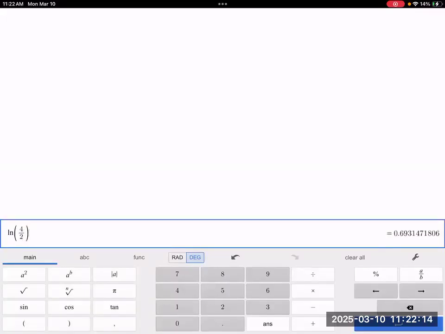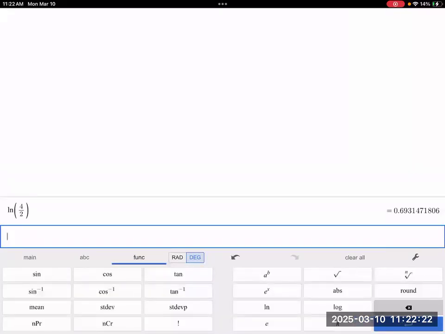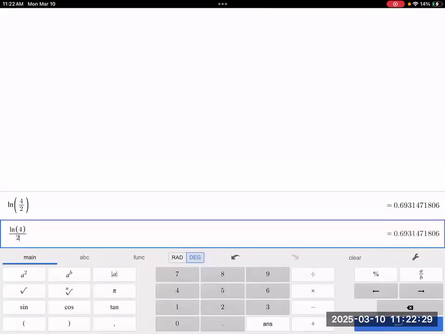Right, we get 0.693, right? So this is just ln of 2. Now, if we also did it the other way, the correct way, we said ln of 4 divided by 2 here. You'll notice that there's no consequence, but that is just because of the relationship between 4 and